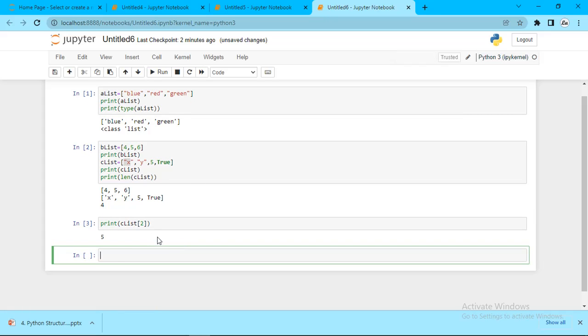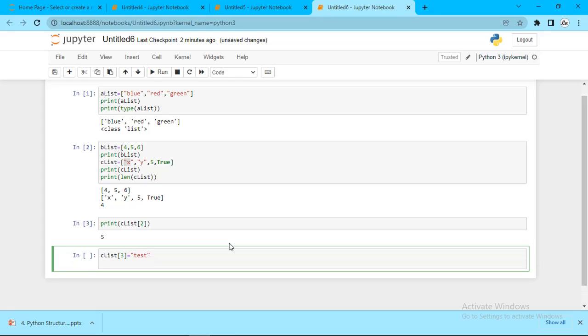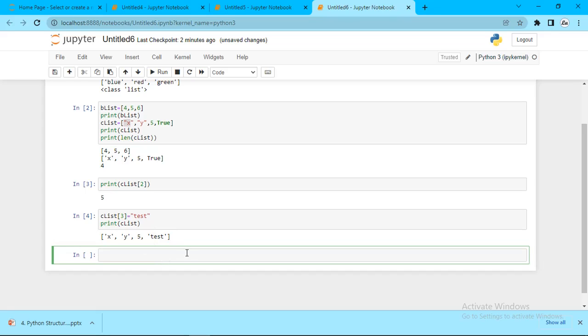So this is ordered. Mutable means you can edit it. If you want to edit at a particular index, say I want to edit true with some string variable. So this means this is mutable, you can edit this. And then you can also